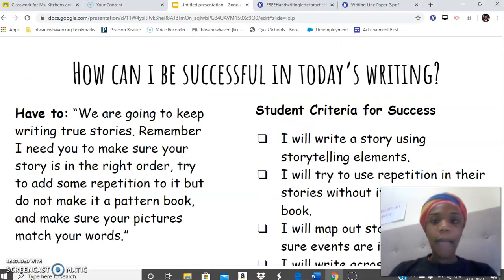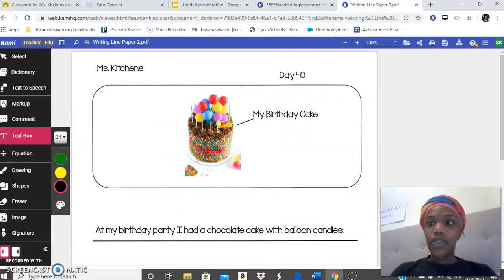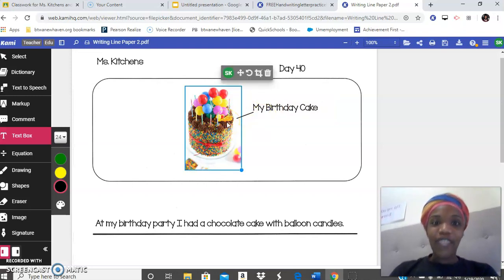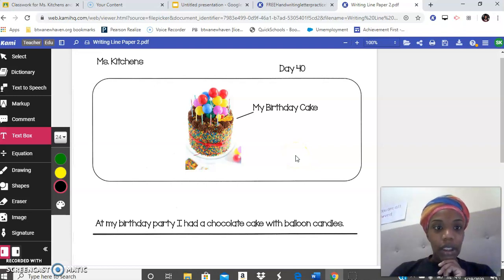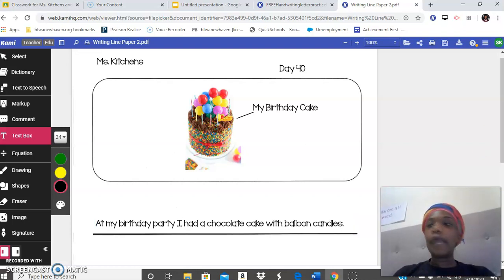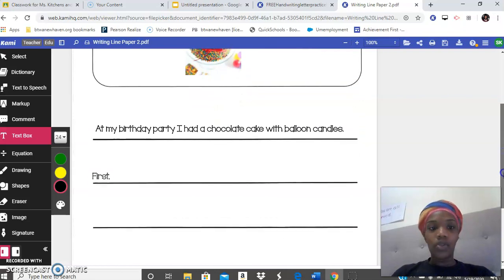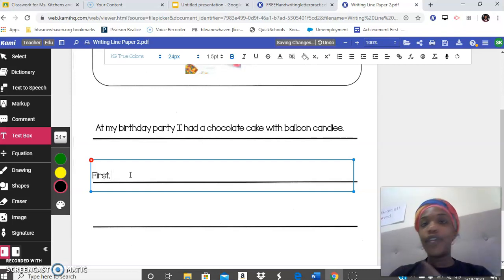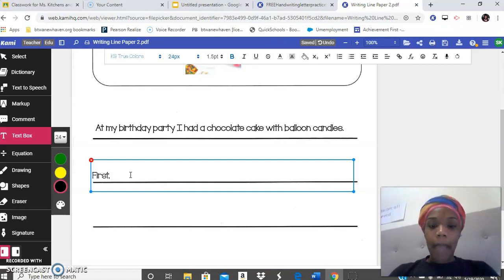All right, little happy writers, let me show you exactly how you can start your writing piece. So here is an example of Miss Kitchen's writing piece. And like I said, I was going to be talking about my birthday. That's why you see a picture of a birthday cake. All right. So here it says, at my birthday party, I had a chocolate cake with balloon candles. Now, hopefully that was the hook that got my readers interested in wanting to read furthermore of my story. And then as you can see here, I immediately started with the word first, because I'm going to tell my readers what happened first. So first, my mom